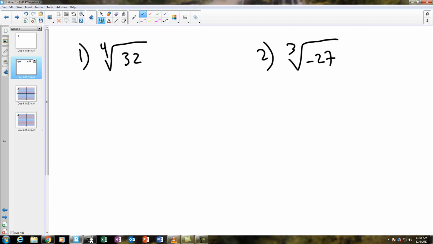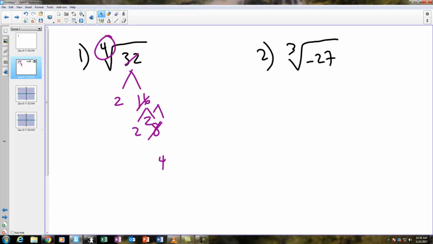Well, because this is a fourth root over here, that means that when I break the 32 down, I'm looking for 4 matching numbers. If I start, I'd have 2 and 16. Well, 16 is really 2 and 8. Now, keep in mind, the 32 and the 16 have already been split, so they're no longer in existence. I'm going to keep breaking the numbers down. I get 2 and 4. Now, at this point, the